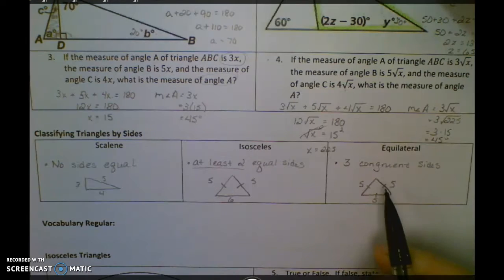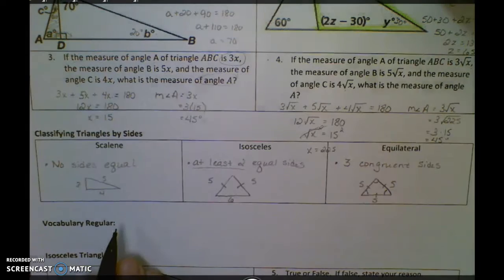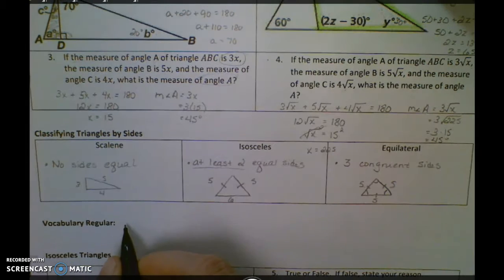Anytime you have an equilateral triangle, it's also going to have all the angles the same, because you can't have all the sides the same without all the angles. That's actually the vocab word here. A regular triangle is both